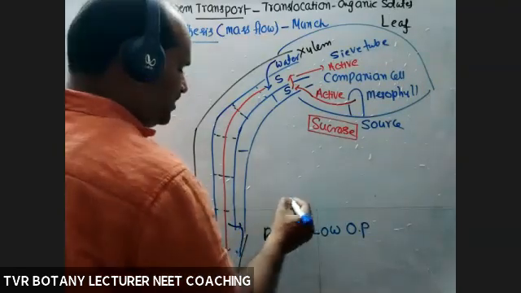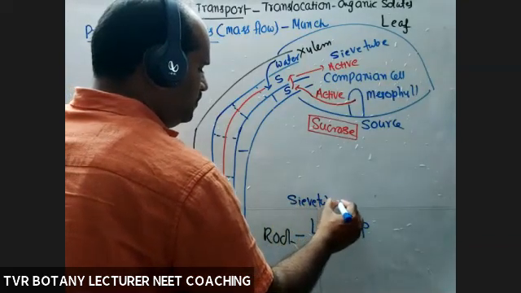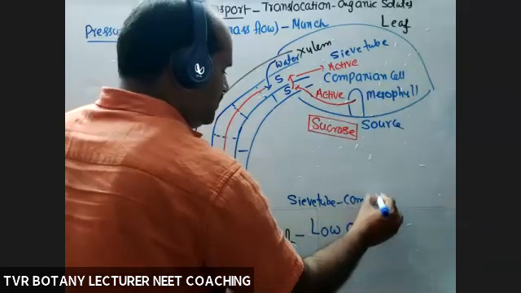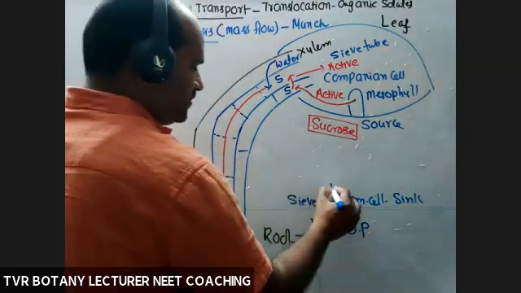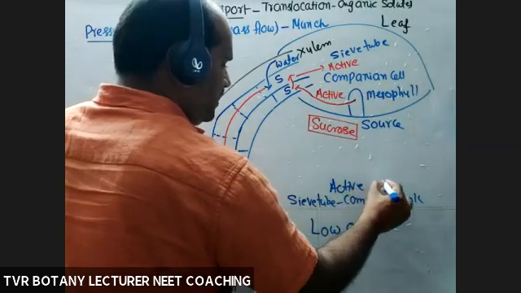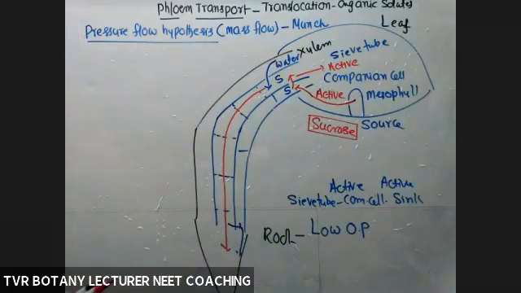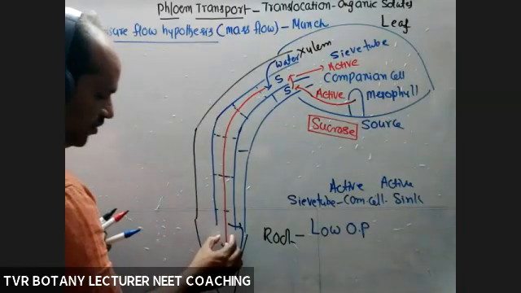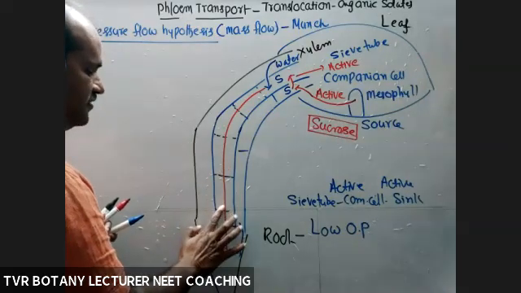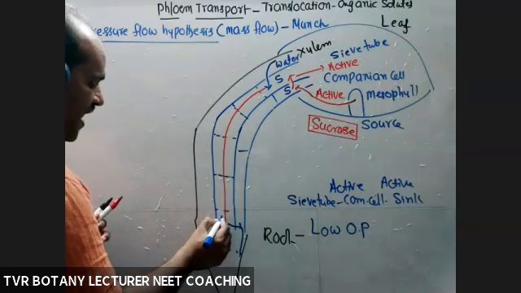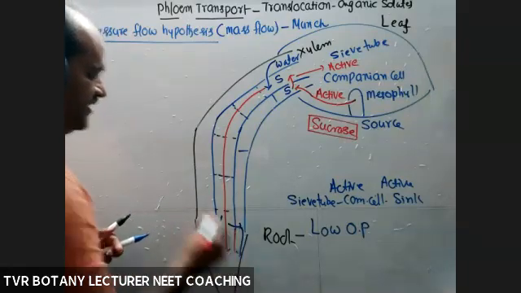See, the direction of movement is from sieve tube to companion cell to sink. For example, the sink is root here. Here also active transport and here also active transport. Loading, unloading, active transport. So once sucrose is vacated, what about the pressure and the psi W values? They are increased. Now water is passively transported into xylem to run the action again and again.